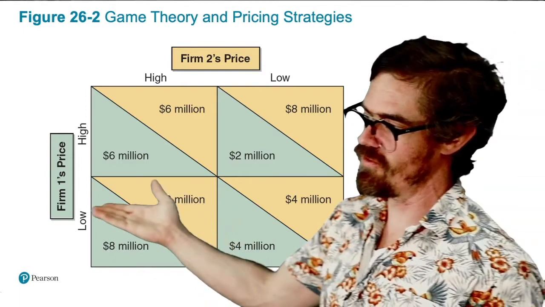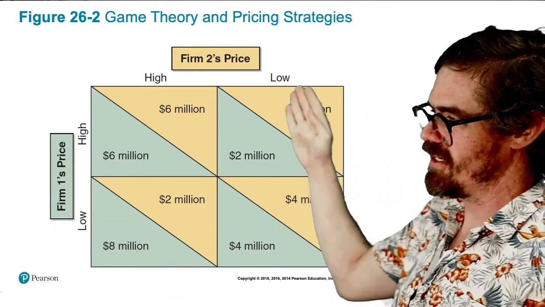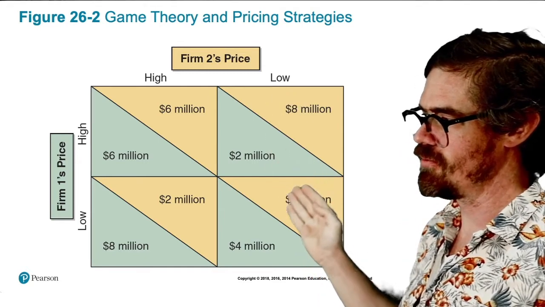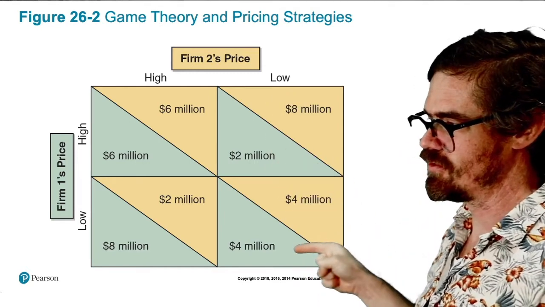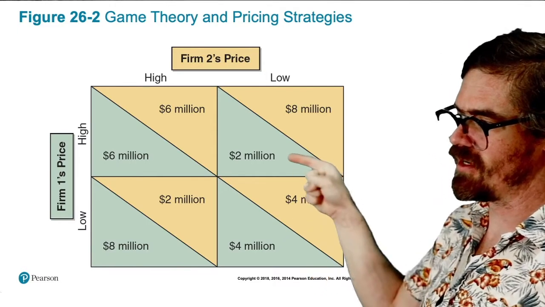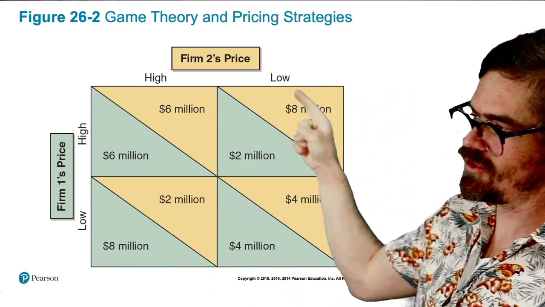Let's just start off with firm 1, right? It's trying to make its choice. And it starts off by assuming firm 2 charges a low price. Well, if firm 2 charges a low price, what is the best response for firm 1? Well, 4 million in profit's better than 2 million, so it should choose low price if firm 2 charges low